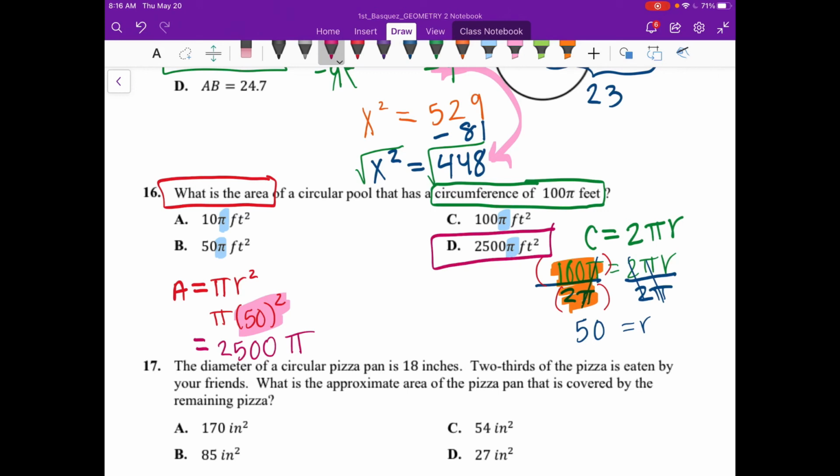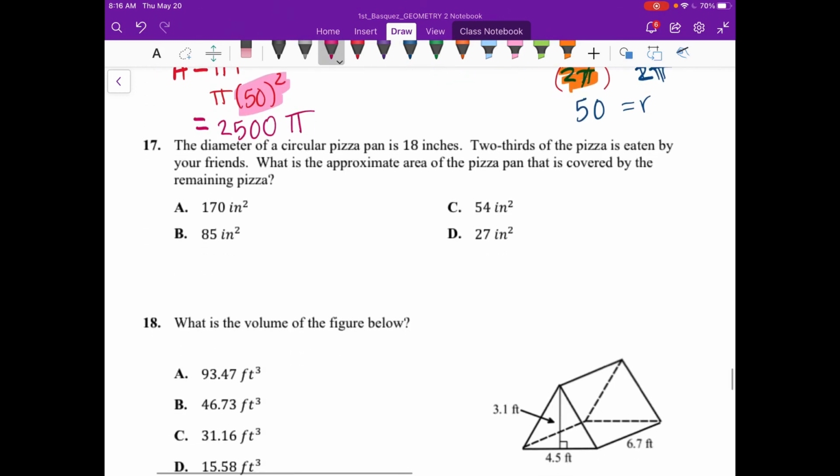All right. Last two questions here. Number 17. The diameter of a circular pizza is 18 inches. So we have a pizza, and the diameter is the line going through the center all the way through. That whole thing is 18. 2/3 of the pizza is eaten by your friends. So pretending this pizza was split up into just 3 slices,